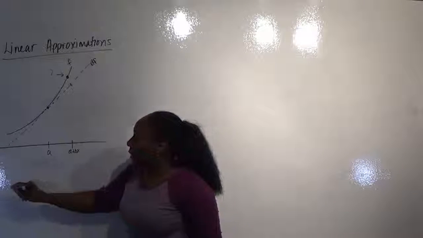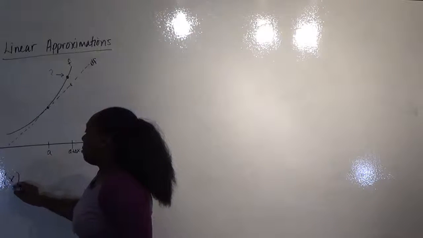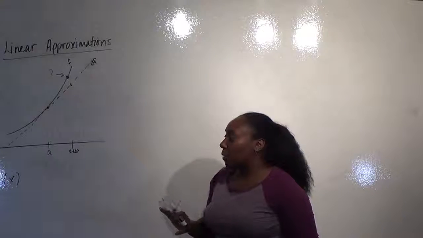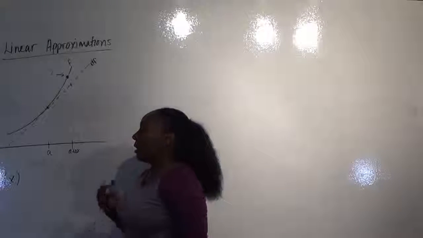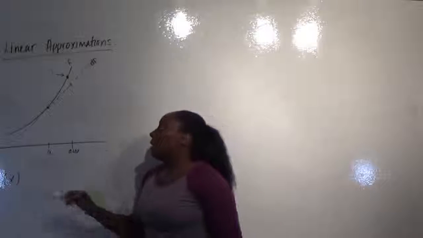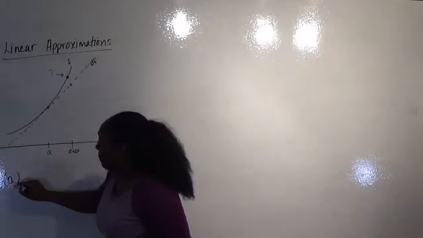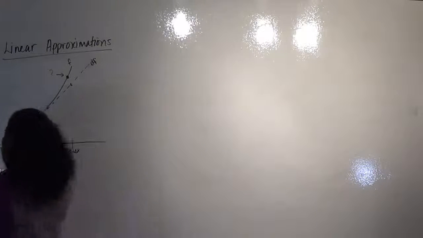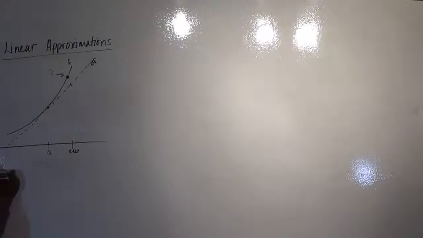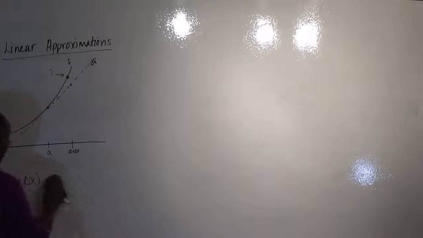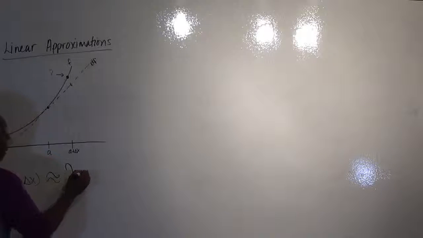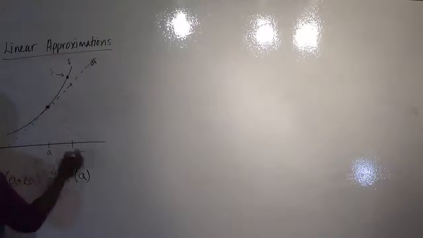Okay? And so our linear approximation, and I'm going to use notation here. Some books differ on how they write out their linear approximations. They all basically say the same thing. A linear approximation at a particular point a. So let me write it correctly. The linear approximation at a plus delta x, meaning if I want to try and find this value here for my function, we can say that it is approximately f at a, so this point, plus